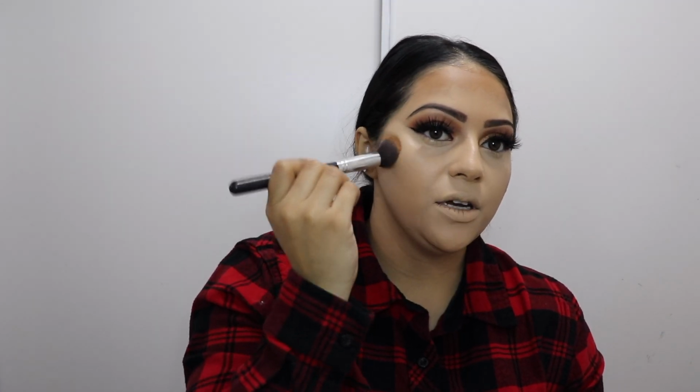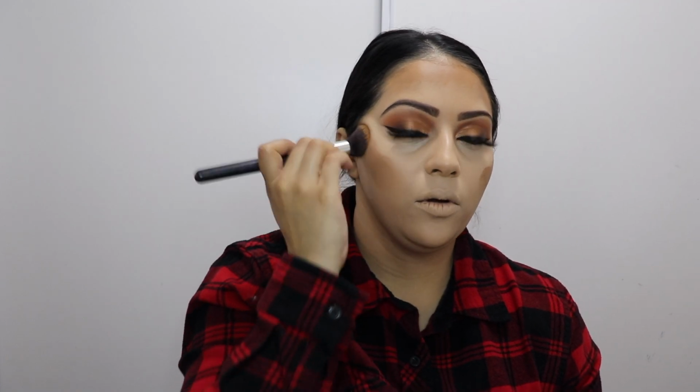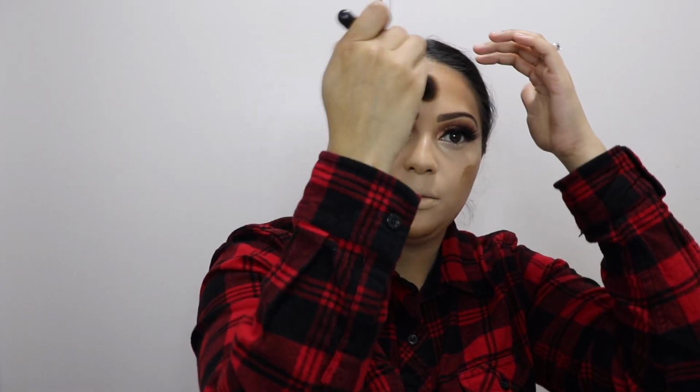And I love using cream products and then setting it with powder. And I just feel like the finish is just so beautiful and like airbrushed and flawless. So I really like doing this. And I'm just gonna take that brush. So first I like to just pat it on, and then I like to just take that same brush and in light circular motions, just ever so slightly, I'm just gonna kind of buff it